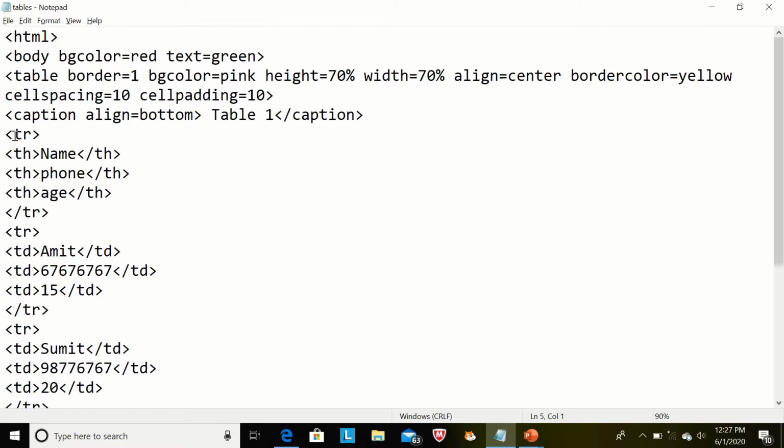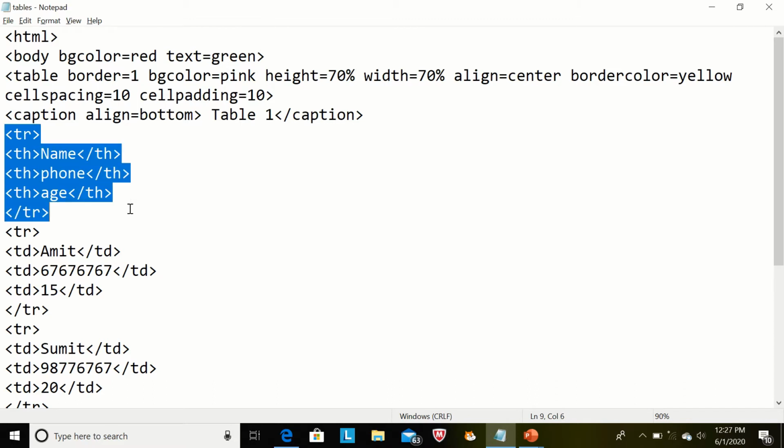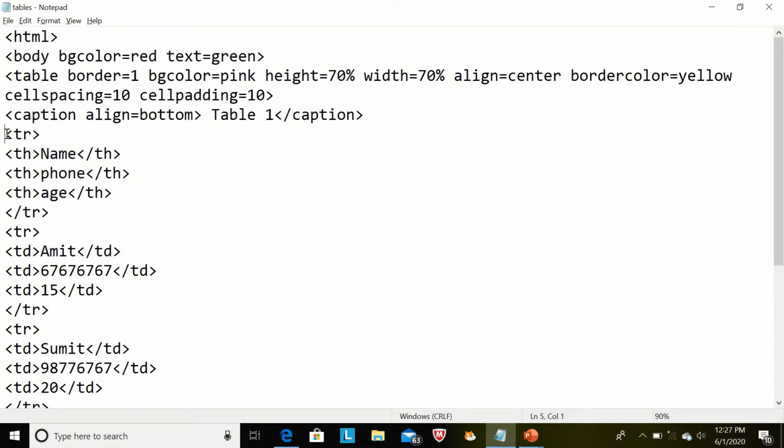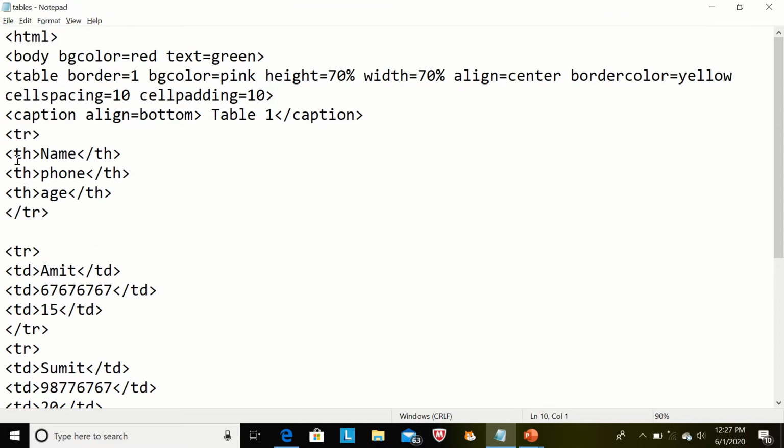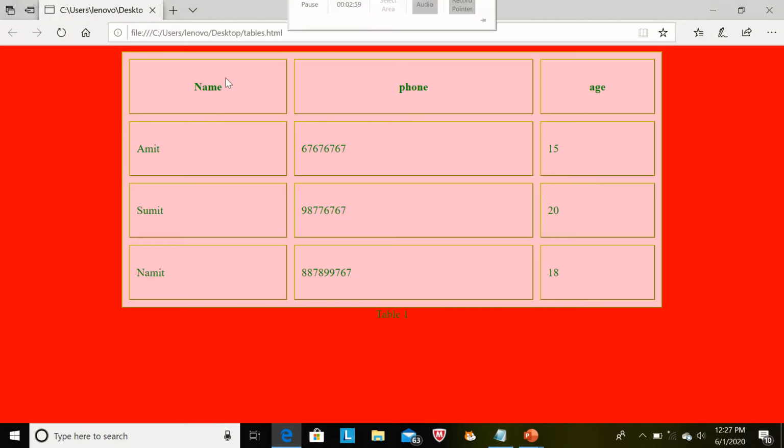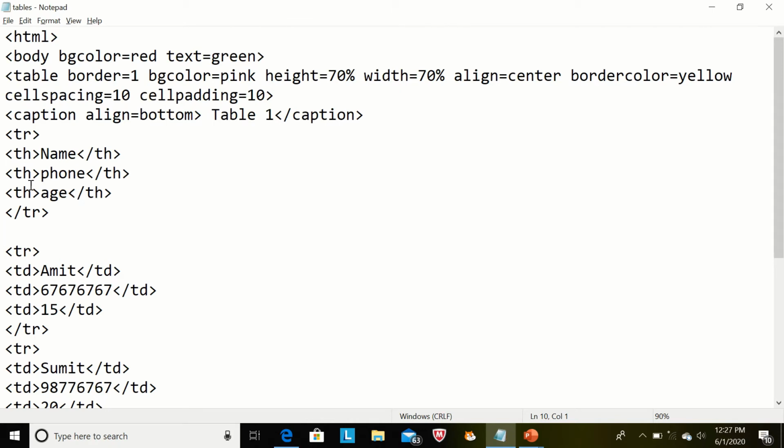Now we are starting our row. Every row starts with tr tag and closes with /tr tag. This is one complete row. Tr and /tr like this. Horizontal are the rows, and this row is divided into 3 columns.